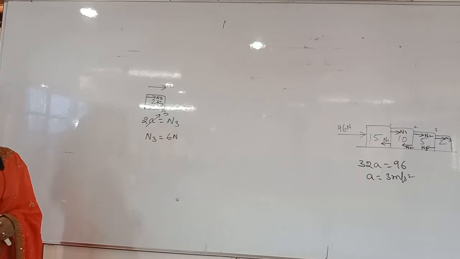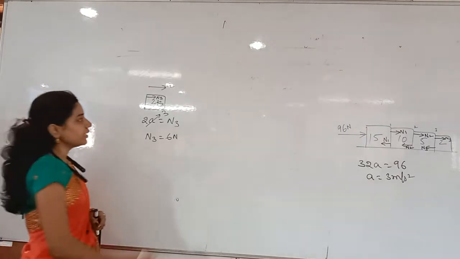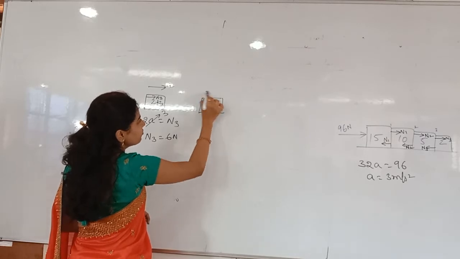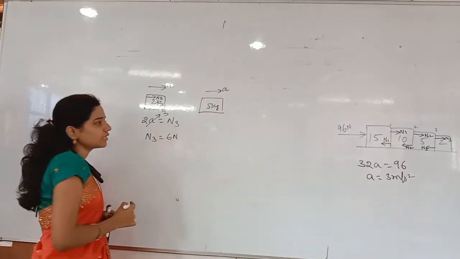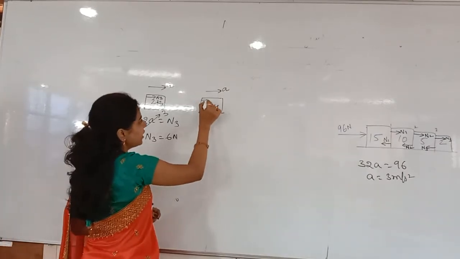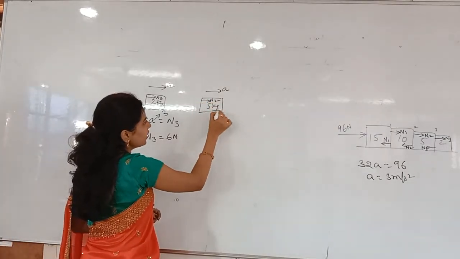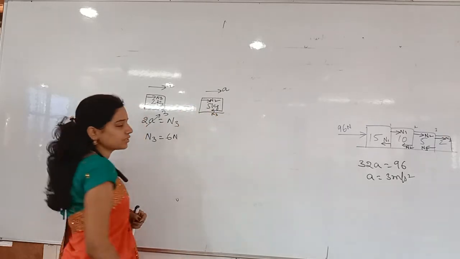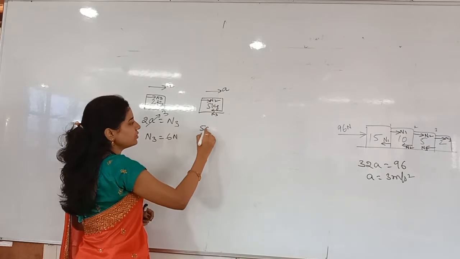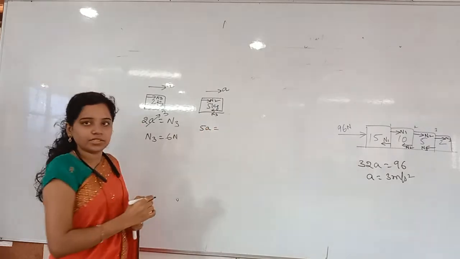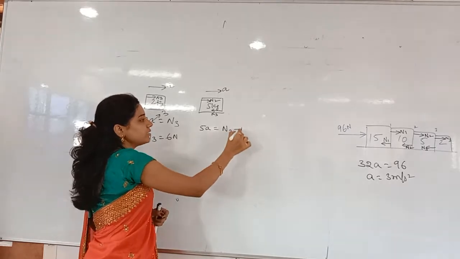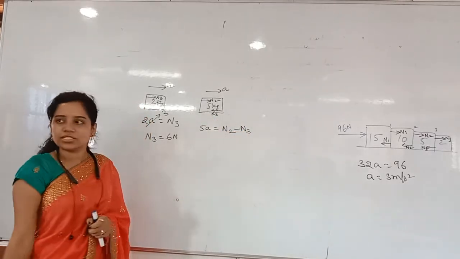Again, to get N2, I will take the 5 kg block. So if I take the 5 kg block, again acceleration is there. Which forces are there on 5 kg? N2 is there in the right side direction, and then N3 is there in the left side direction. Now tell me the equation for acceleration. 5A is equal to, who is supporting? N2 is supporting, so that N2 is positive, and then minus N3 is opposing, so that is minus N3.